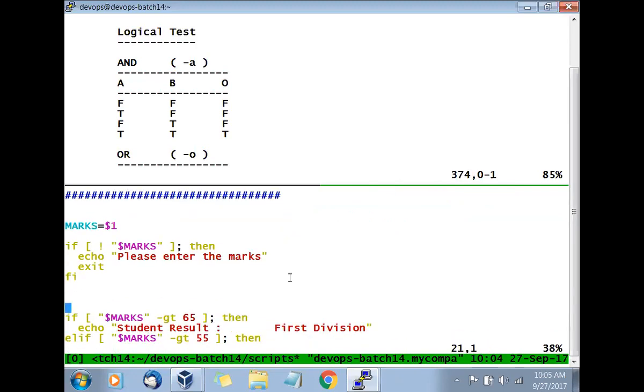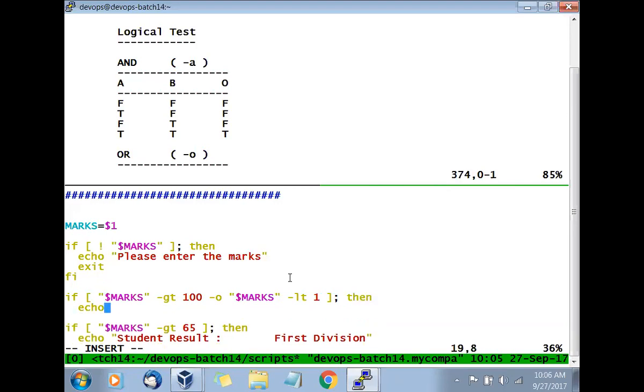Okay, so what is next? I will say if. Now I'll compare the marks. If the dollar marks is greater than 100, or if the marks are less than 1, then echo, please enter the marks between 1 to 100.